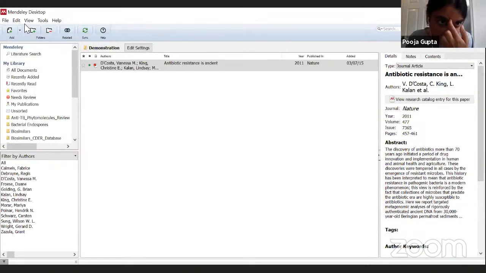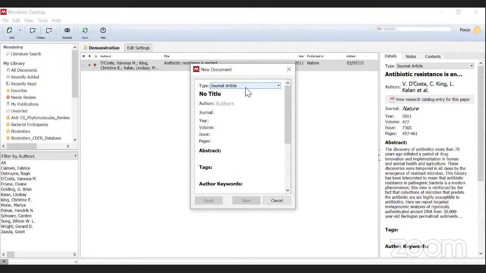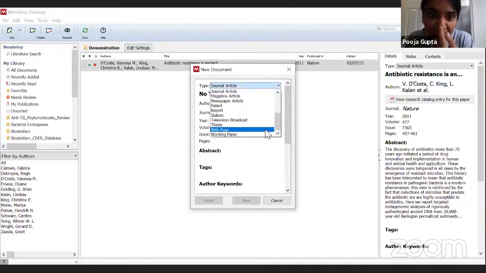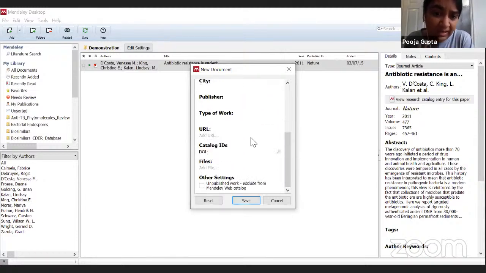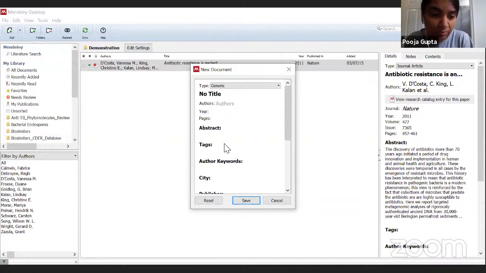So here we are. If you go to add and say add entry manually, you can add things like a web page, a journal article, a magazine article. A generic entry would be something that could be a blog post. But again, I would encourage people to think: is there a more credible source of information than the blog post? Because it's possible that the blog post itself has another